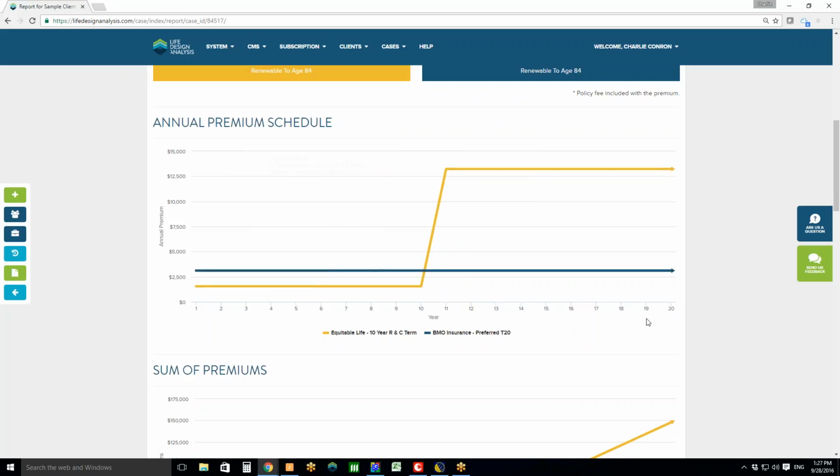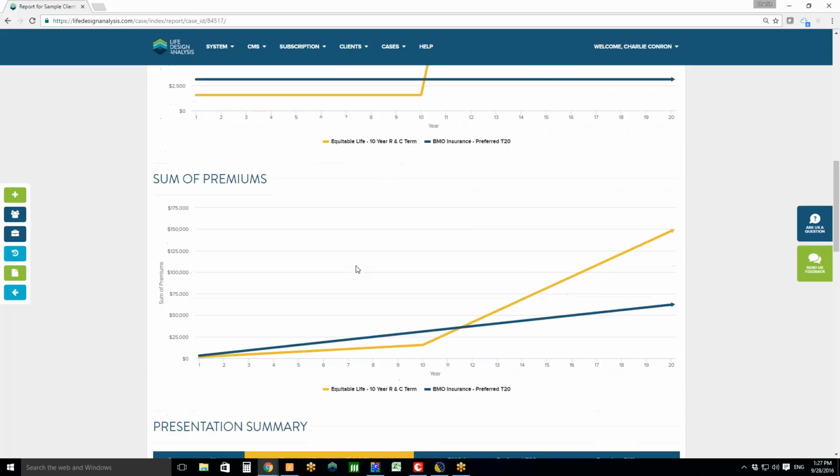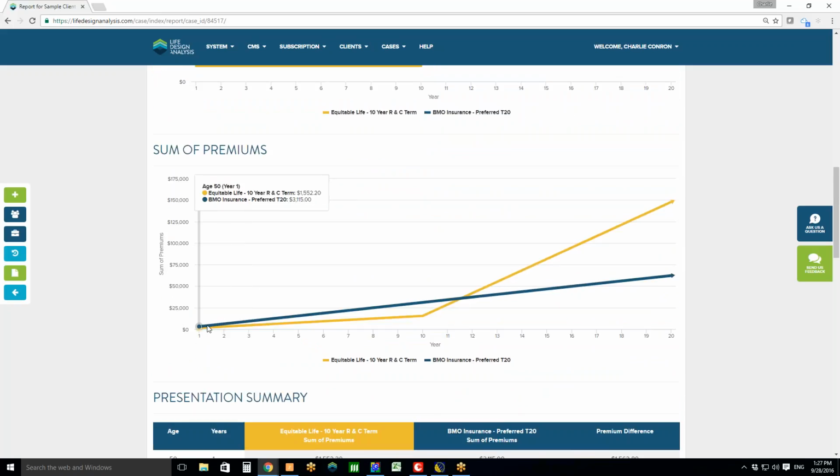So they go, oh, this is over the entire course of that mortgage for my house. Oh, perfect. And they see the reason why you would lock in for 20 years. Now, every time we show them this, they always ask, so how much does it all cost? At the end of the day, what's the cost? And that's our next metric that we've selected here. This is a sum of premiums,